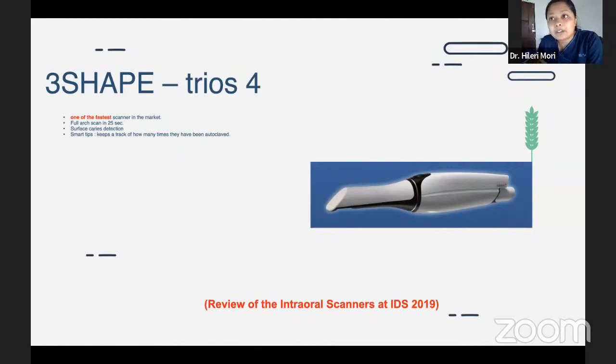So that is the speed of this intraoral scanner, and it also detects the surface caries. Okay, and it has smart tips. So it keeps a track of how many times they have been autoclaved. So the tip needs to be autoclaved, but it is a smart tip here. So it counts on its own कि हाँ आपने कितनी बार autoclave किया है, and the software works well for